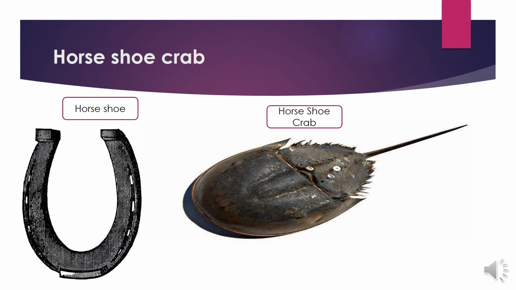So this slide is showing you one image of a horseshoe crab from which we are going to obtain the lysate enzyme for the preparation of LAL reagent by heart puncture. It is named horseshoe because it has a shell that resembles a horseshoe. So this second image is showing you the horseshoe, and we can see there is a resemblance in both of them, thereby this creature is named the horseshoe crab.